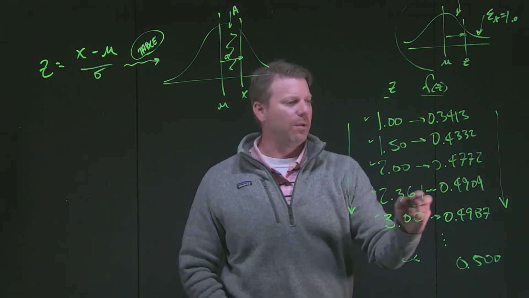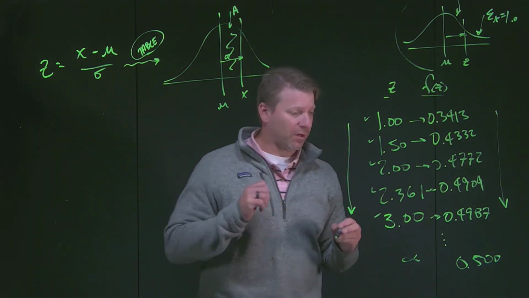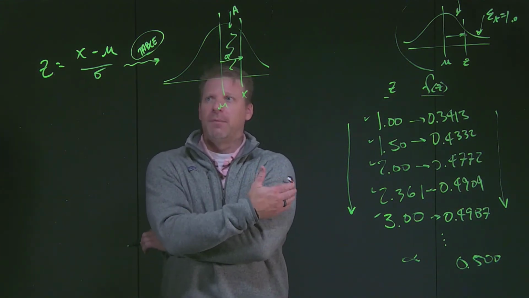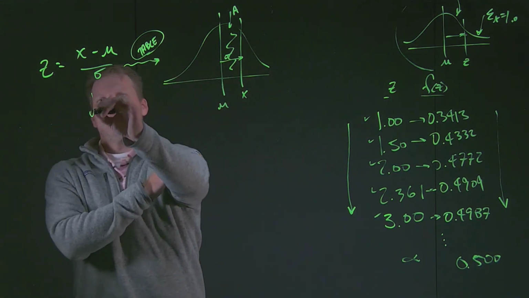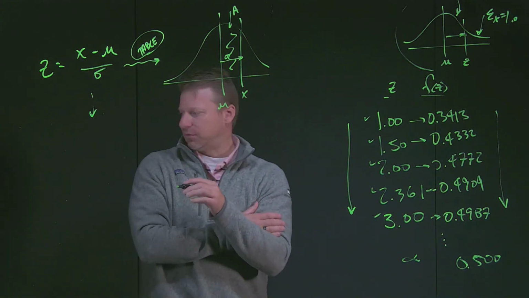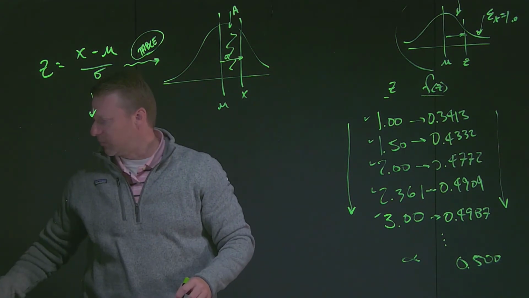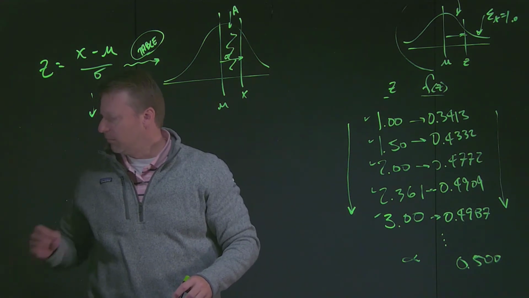So we're going to get familiar with these tables. They're a great direct way to go about calculating these different probabilities. The calculation of these z-values is massively straightforward. In the next video, to keep the size of this one down a little bit, we're going to talk about golf scores.